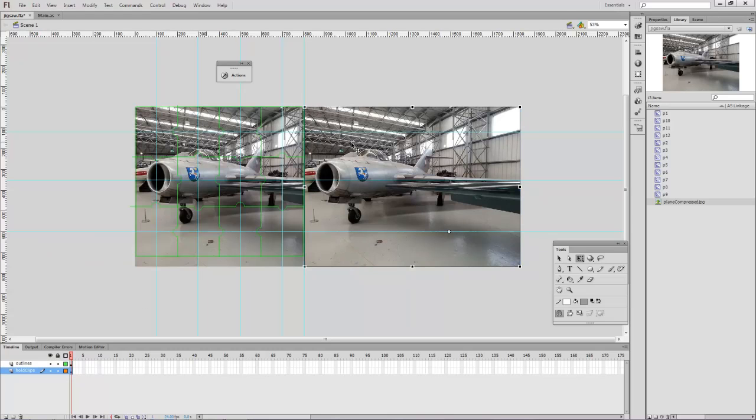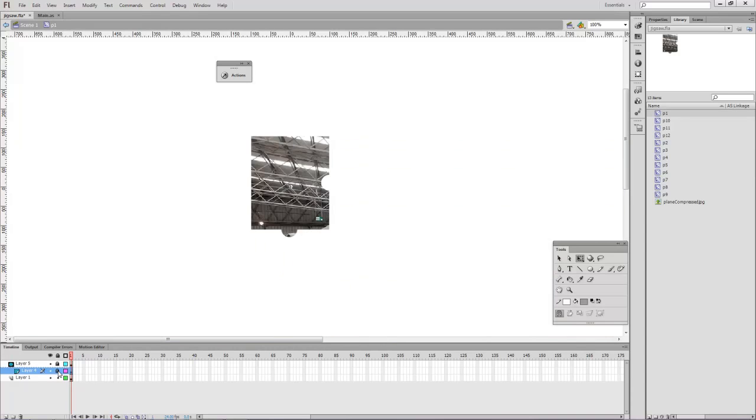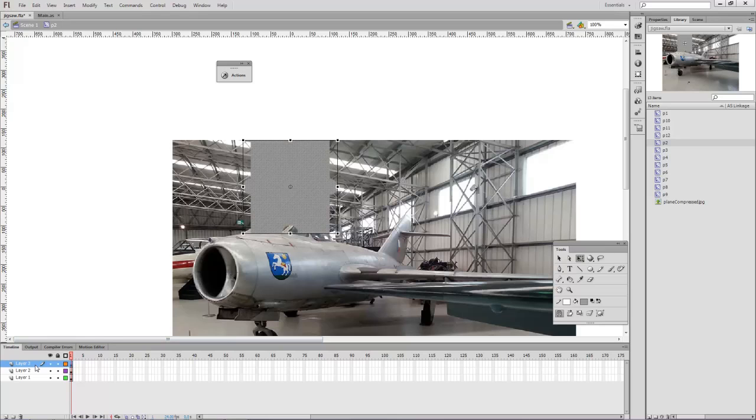Back to scene 1. Okay, so we can't actually select the clips unless we go into the library now. I'll double click on P1, notice that one's masked, if I turn the mask on, that is. P2, I'll then have to add the mask, so I need to select the object that's on layer 1 and then paste it on layer 3, paste in place in fact, which is Ctrl Shift and V, or right click paste in place, then the mask,